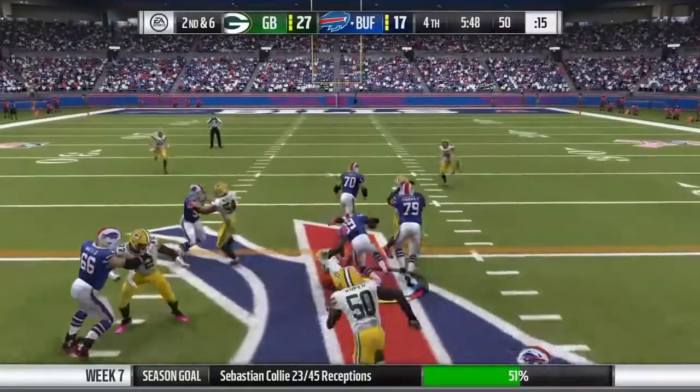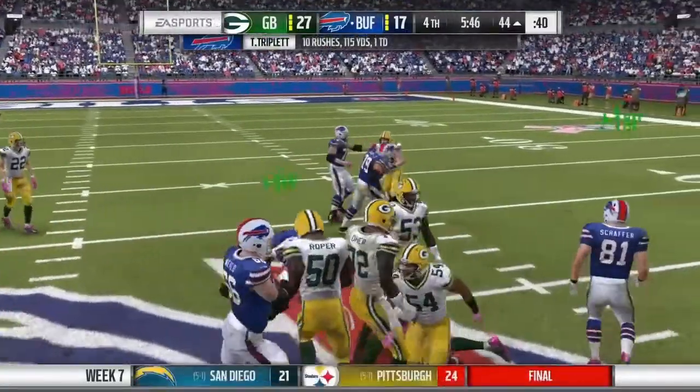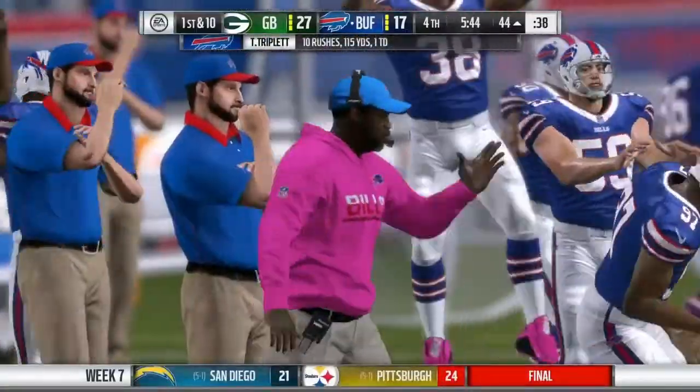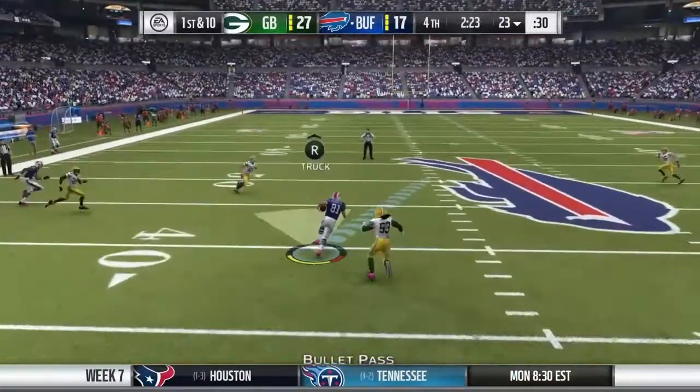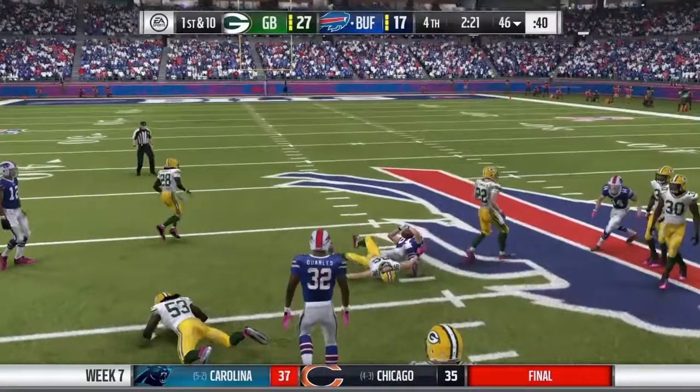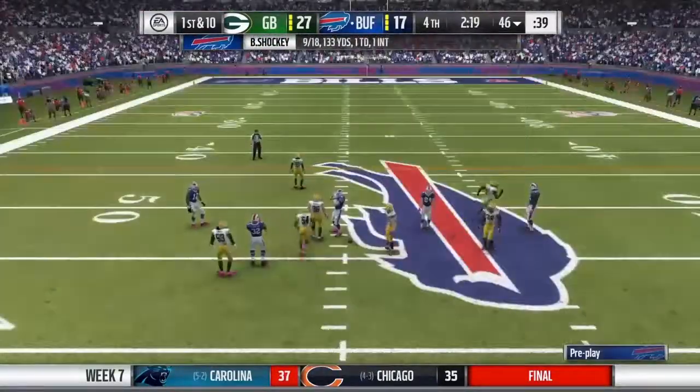They'll give it to him right up the gut, and he'll be taken down at the 44-yard line. It's a pickup. On first down, he'll drop to throw, and he finds a man on a crossing route. And they're going to get this one all the way out across the...